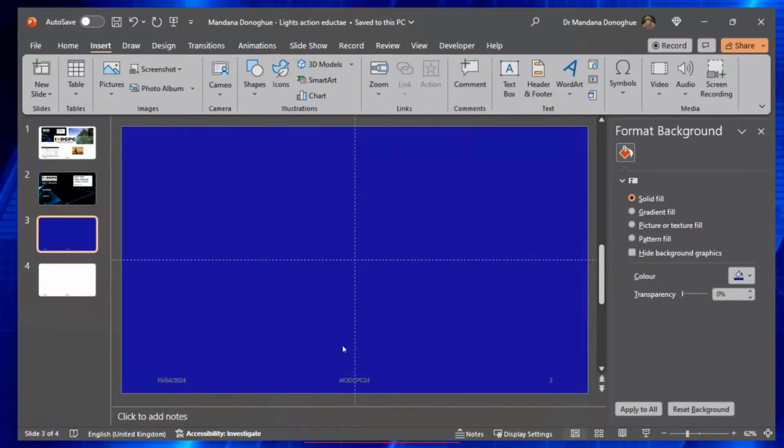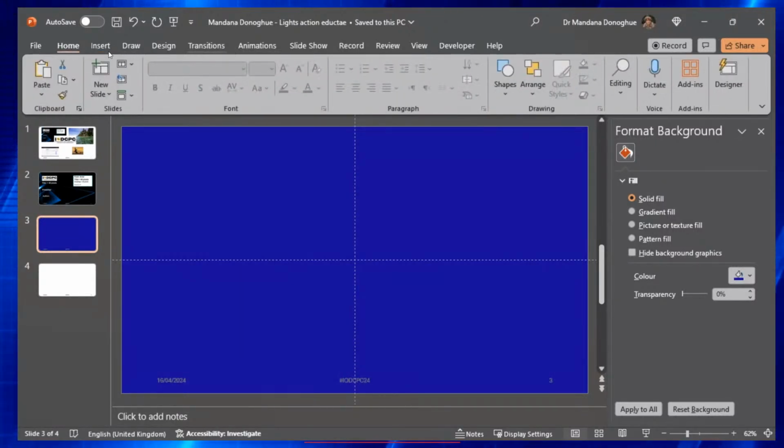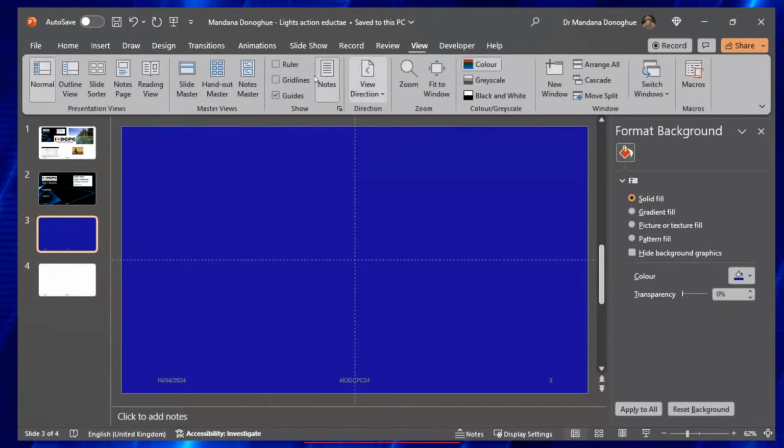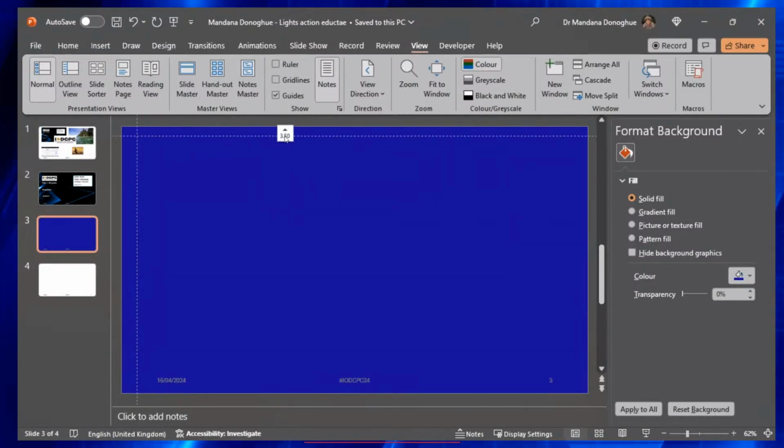Okay, it's quite neat. Another thing I would like to tell you all before we finish here is definitely put in some guides and leave some space. So you can have guides and you can move these around. I have said half a centimeter. That is what I would really like you all to leave. Just do it neatly.